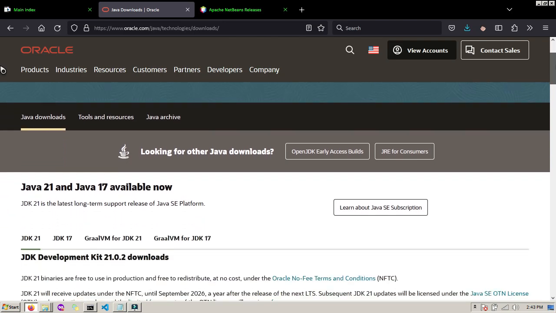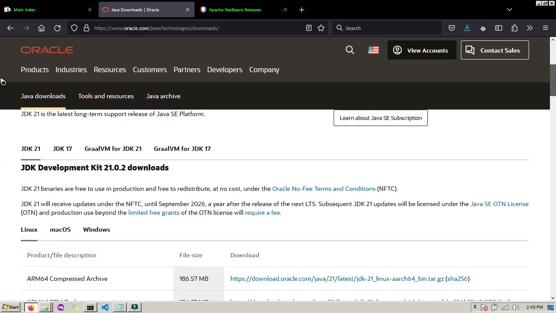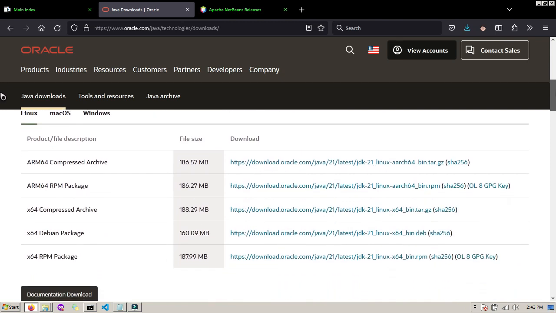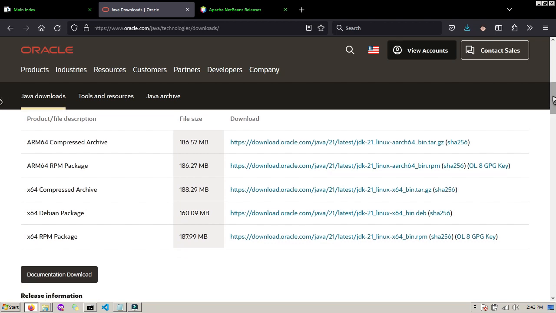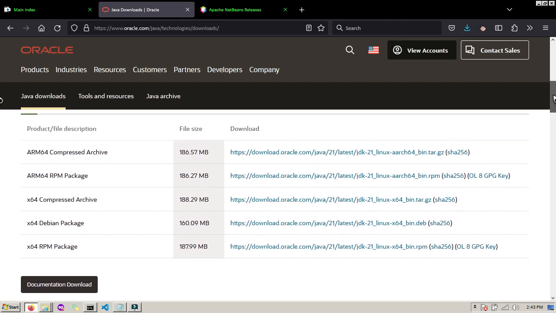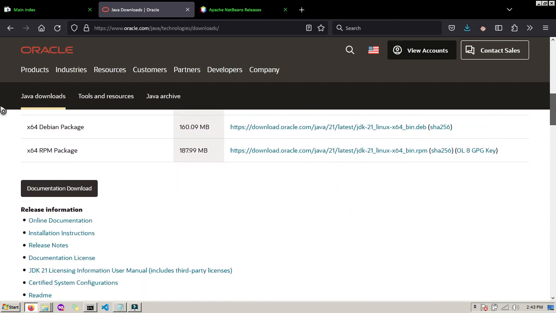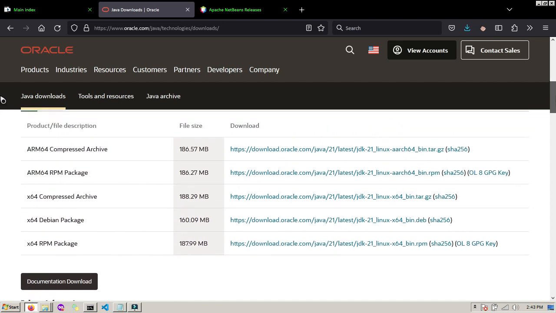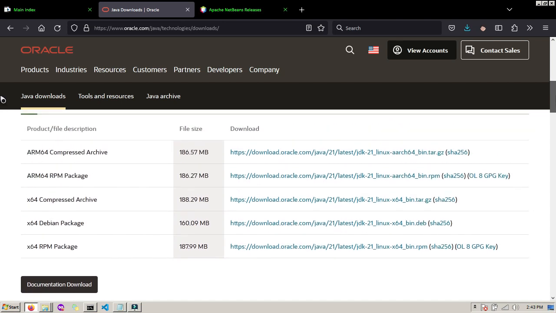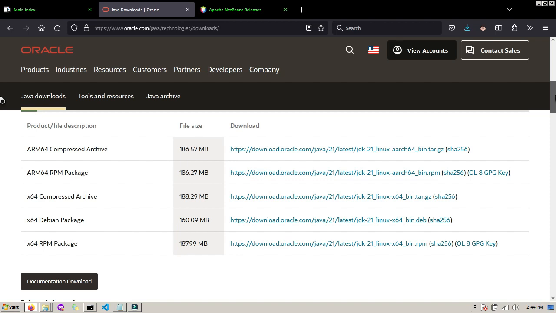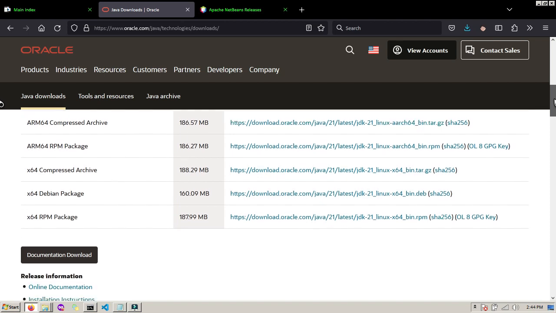In the download page, you need to know what are the compatible toolkit on your device, especially people who are using Windows or who are using Mac or who are using Linux operating system. So you need to choose the proper installer for the device you prefer to use.